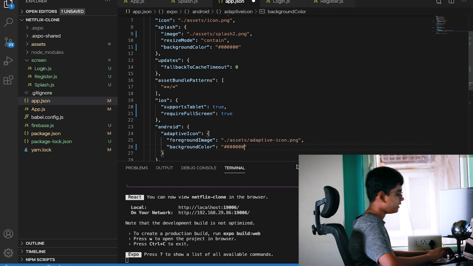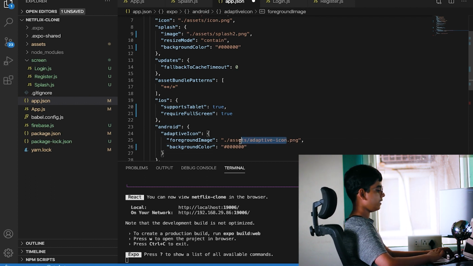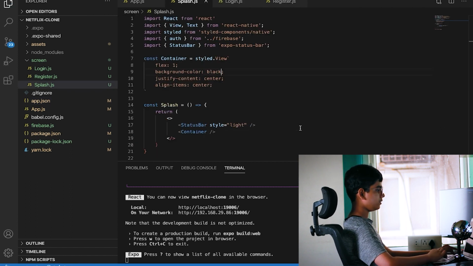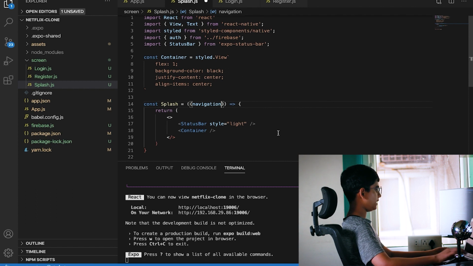How many zeros? Yeah, 10 to the power of 6, and /2. And let's close it now. So now go to splash, and everything is pretty good. I removed the view over here, if you noticed. Just remove it. It's pretty good like that. And now what you need to do is go to navigation, install navigation like that, and also make a use